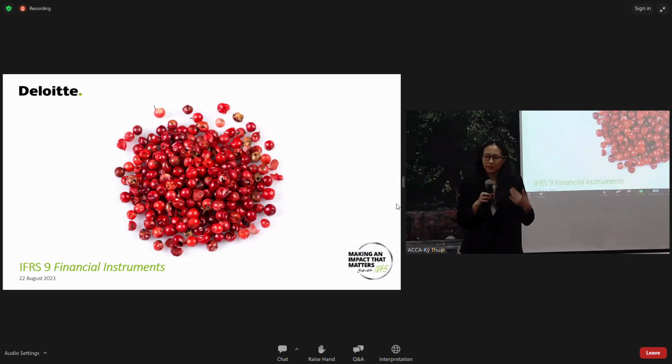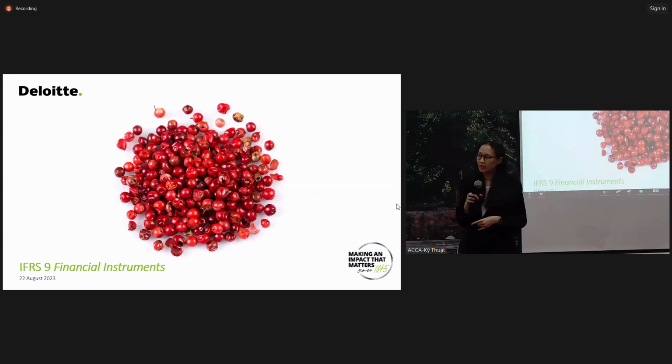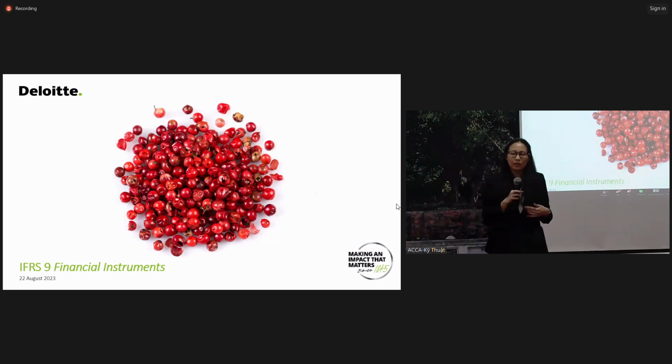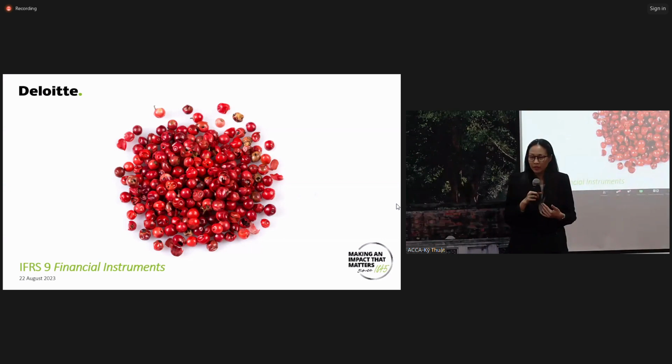Then the standard setters felt that we need to relook into the impairment loss model and take into account earlier an expected credit loss before it actually